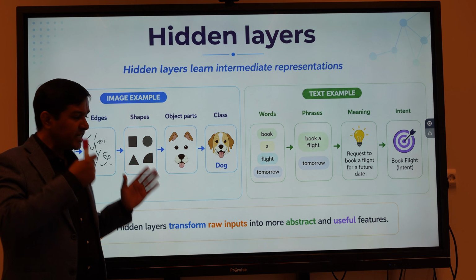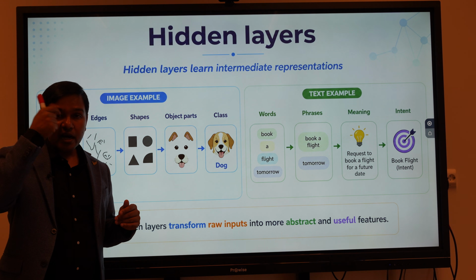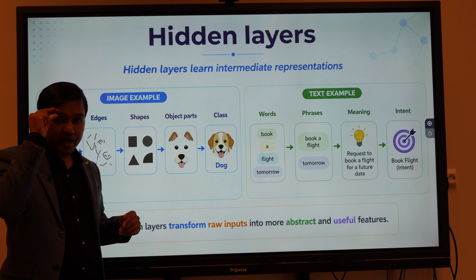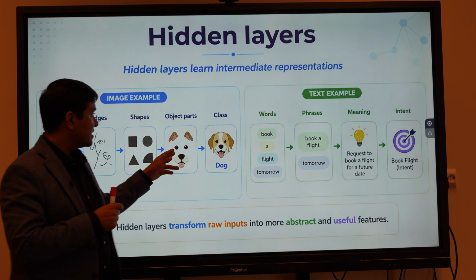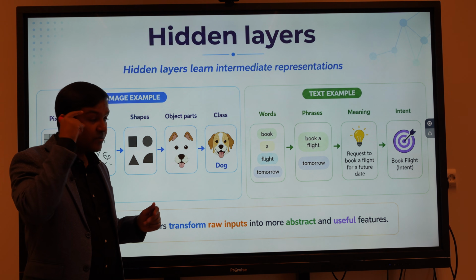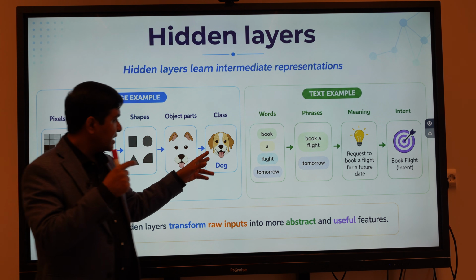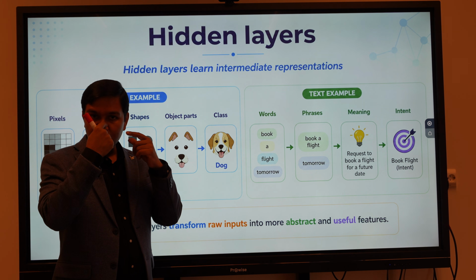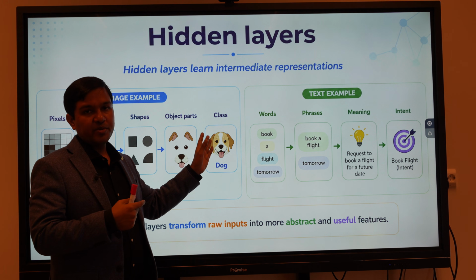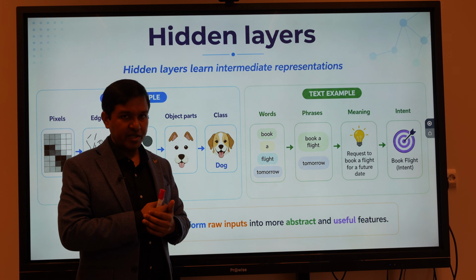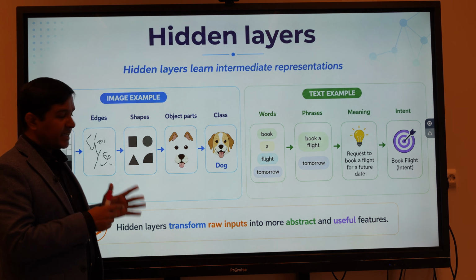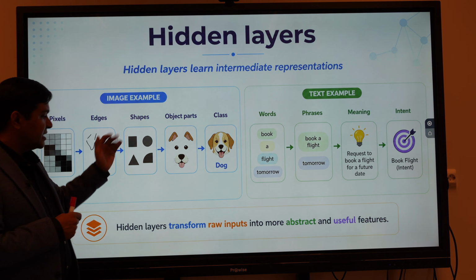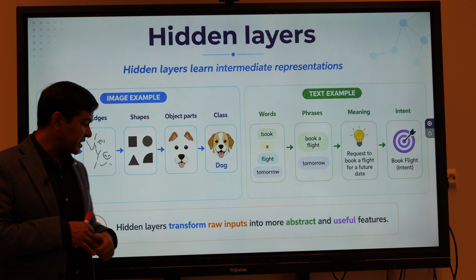Like in one layer only my eyebrow line is there, then in the next layer my full eyebrow, then in the next my eye comes as an object part, and then combining different parts like 2 eyes, 1 nose, ears, my face will be detected, and then the class prediction will be there. So I gave you a simple example that the hidden layers learn different kinds of representation.